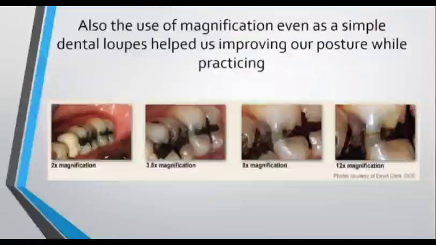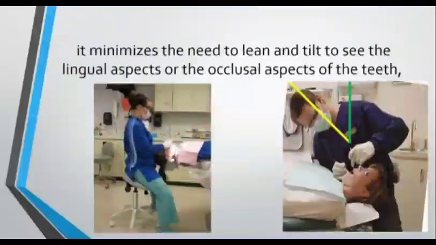Also, the use of magnification, even simple dental loupes, helped us improve our posture while practicing. It minimizes the need to lean and tilt to see the lingual or the occlusal aspects of the teeth, which means a lot less back pain and neck pain and less eye strain, and leads to less stressed practicing and more expected results. Also, it can prolong dentists' working hours. So, purchasing a magnification tool, whether it is an up-to-date microscope or a simple dental loupe, is always a good investment